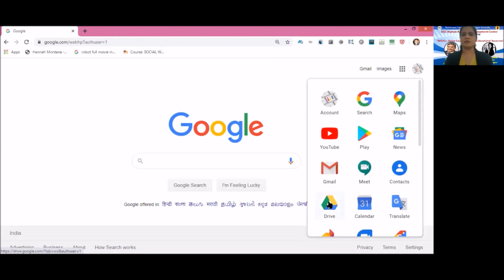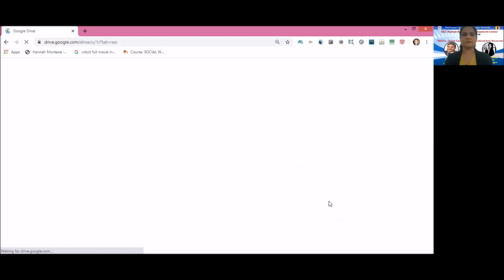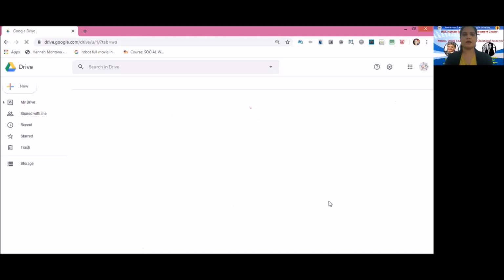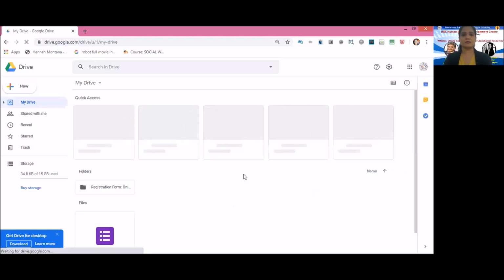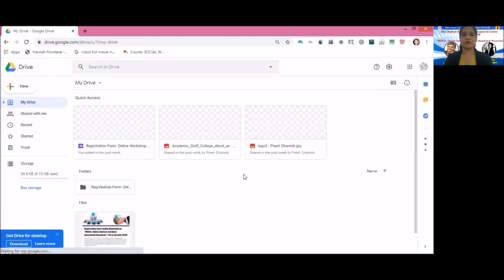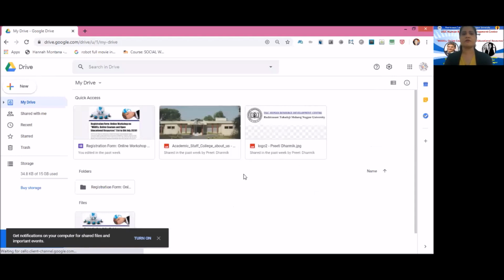Then in Google Apps, you have to click on Google Drive. This much we have already explored while uploading our file into the Drive.